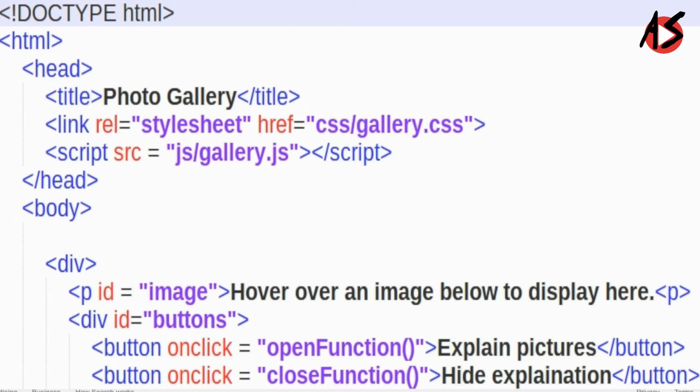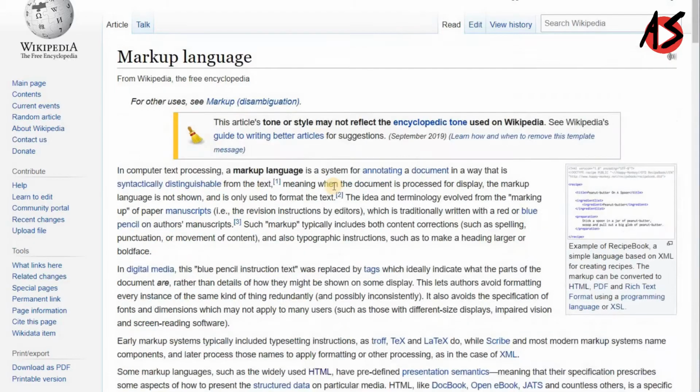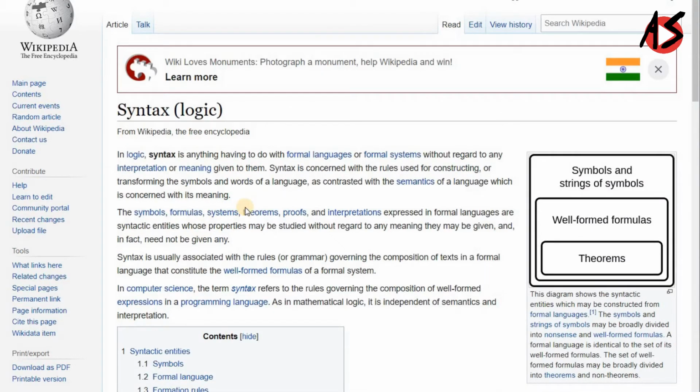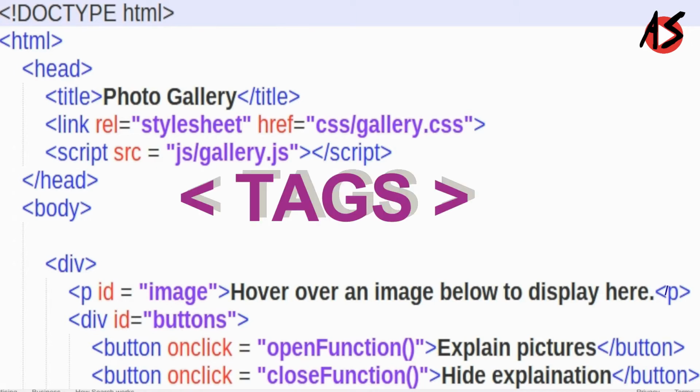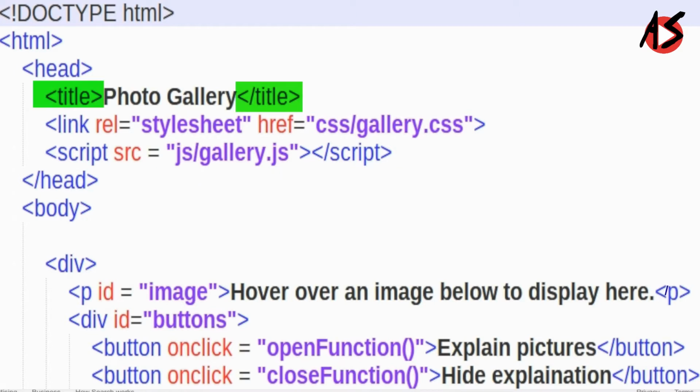Hypertext means your text can be referenced to other text via a link, while a markup language is a computer language that uses tags to define elements within a document. So here you can see the title of our web page and which is a paragraph in our